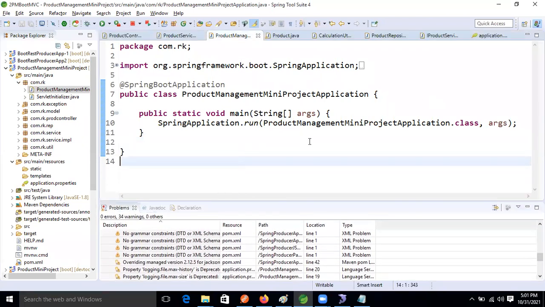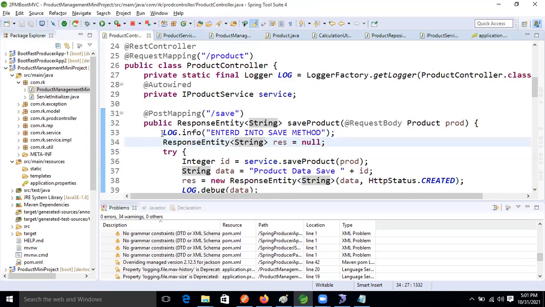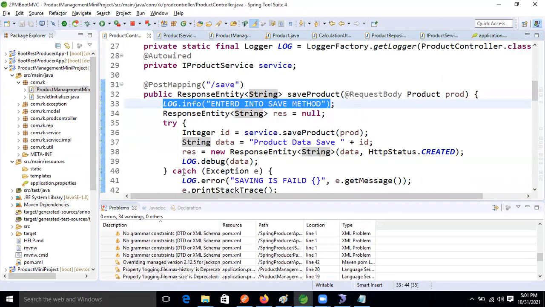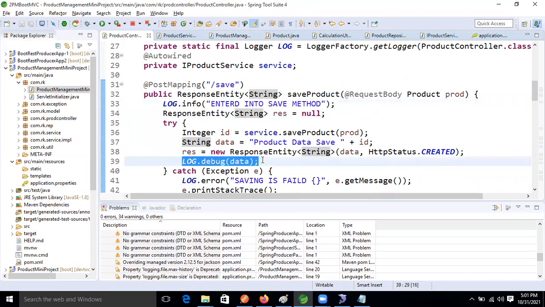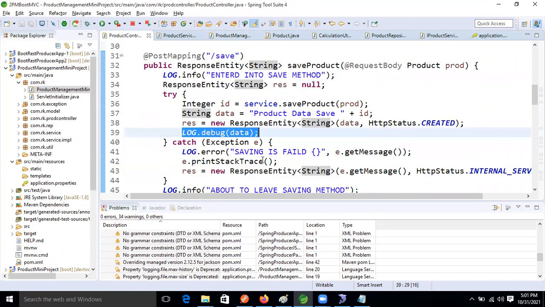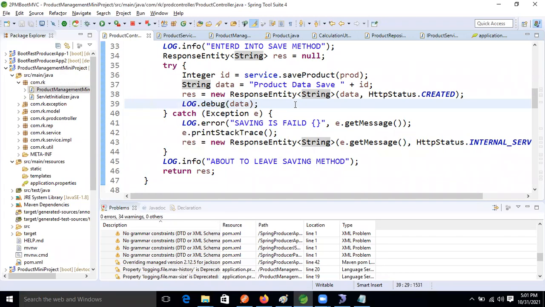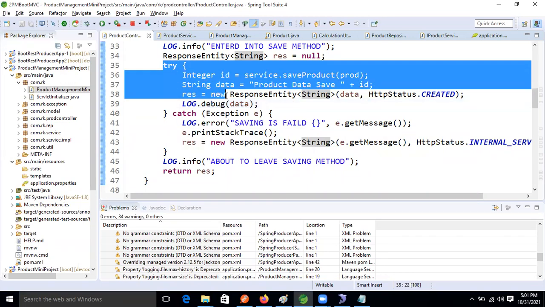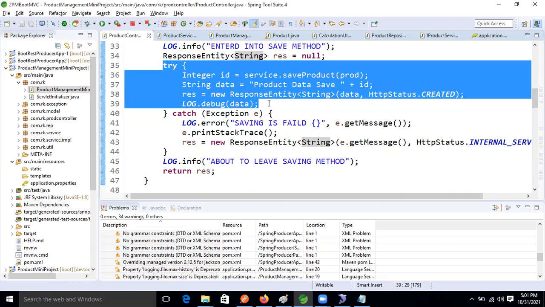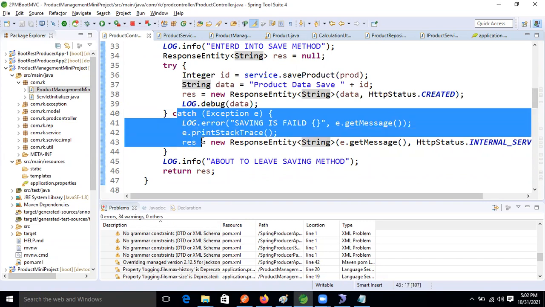Okay, no issue. So come inside that. This message we are getting, but this message we are not getting, guys. And this block is executing successfully, but our control is not entering this block.